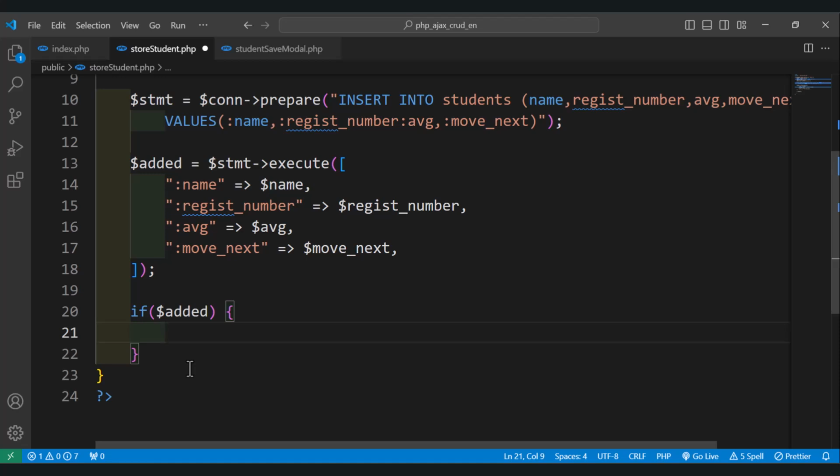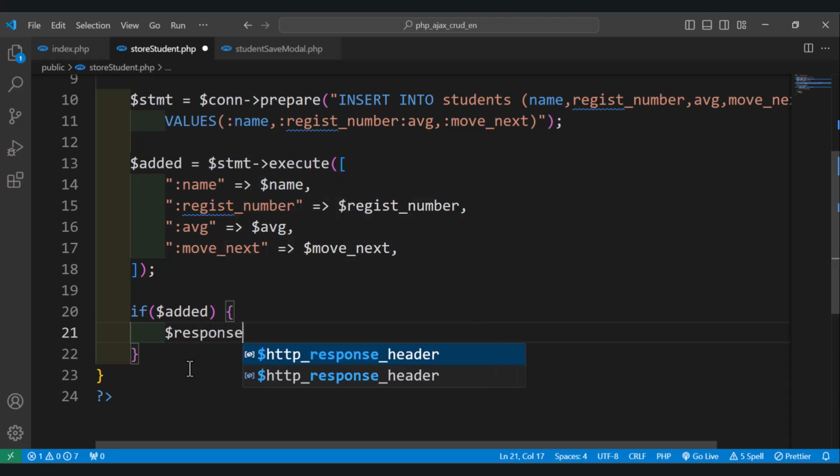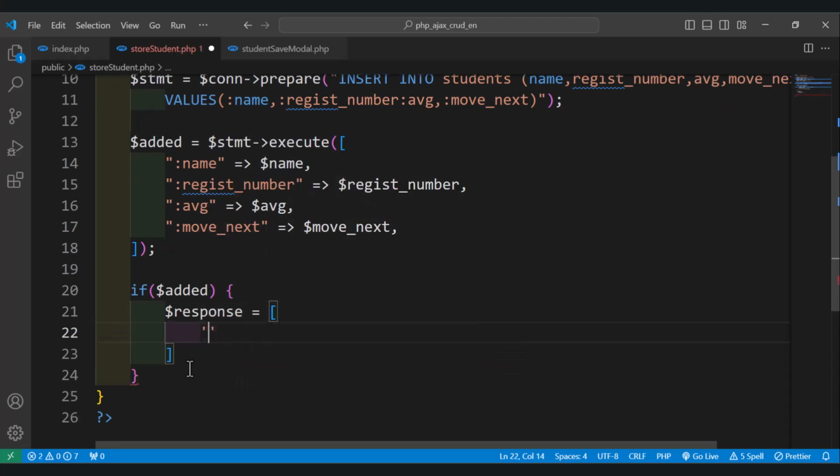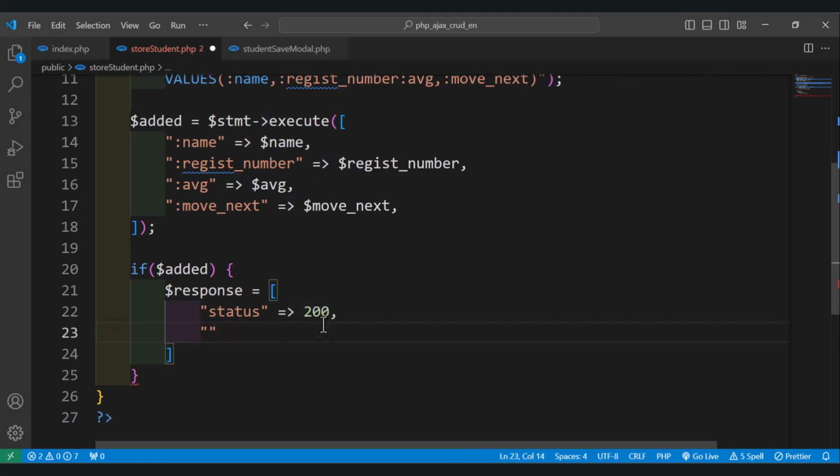The response, as we have seen, contains status code, and status code is 200, and the message, and later we will change. So for now we will only send the message and status, and we tell the user that student created successfully,